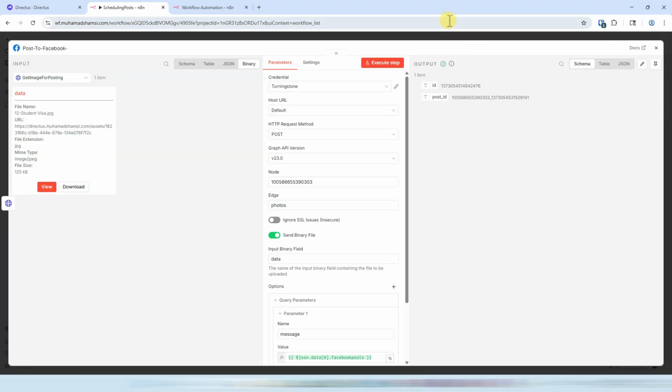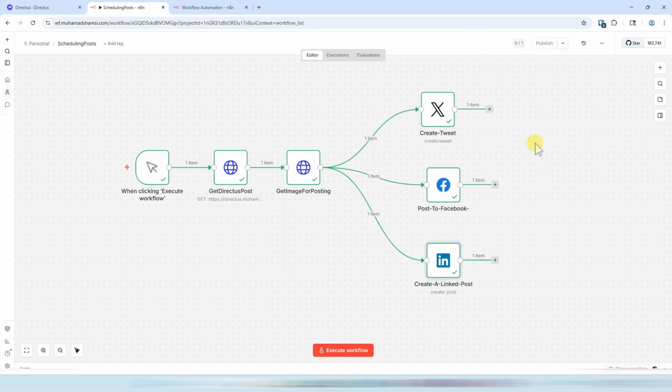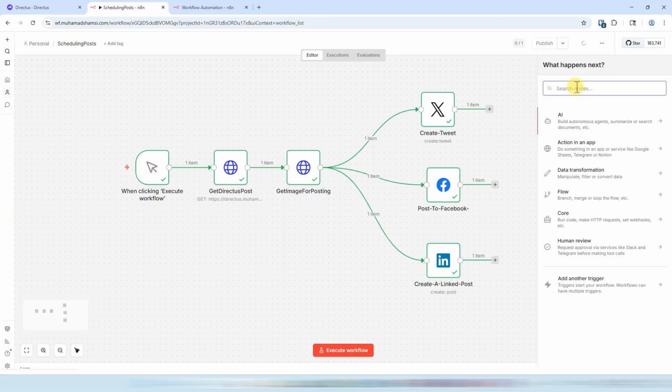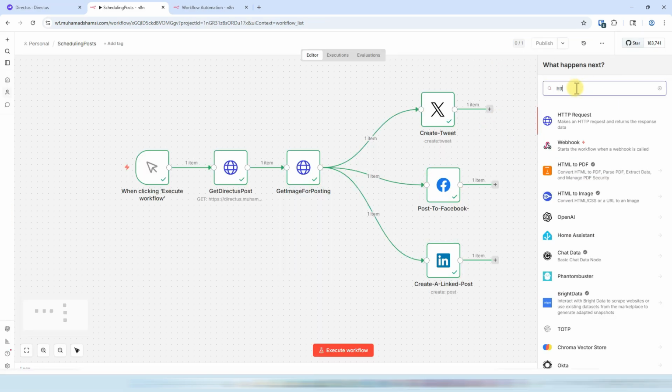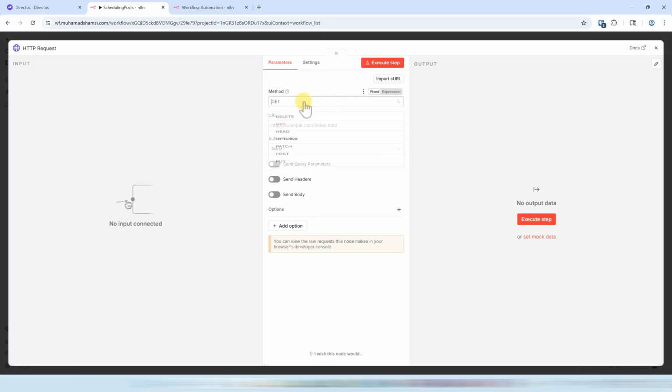It's posted on Facebook as well, and it's posted on LinkedIn. So what we'll do is we will add the posted on date in Directus. So we'll create an HTTP node. We will do a patch request. We'll post our URL. So again, this URL you will find